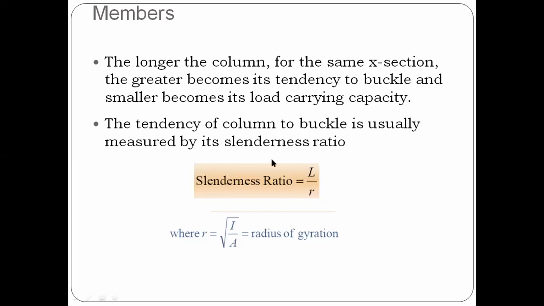See the column, how you define the slenderness ratio. It is defined as the effective length to its least radius of gyration. Why are we taking the least radius of gyration? Because the least radius of gyration tends to give more slenderness ratio. When your member has more slenderness ratio, it leads to buckling. So that is how we are supposed to take the least radius of gyration based on the least moment